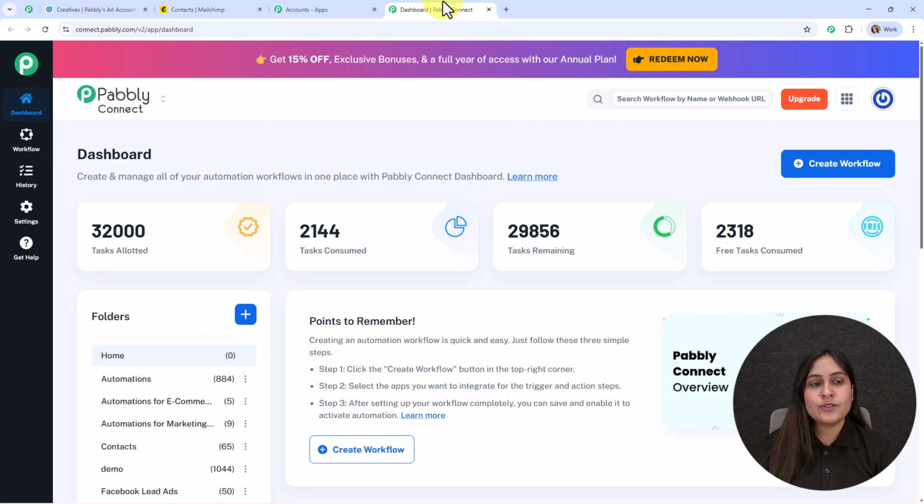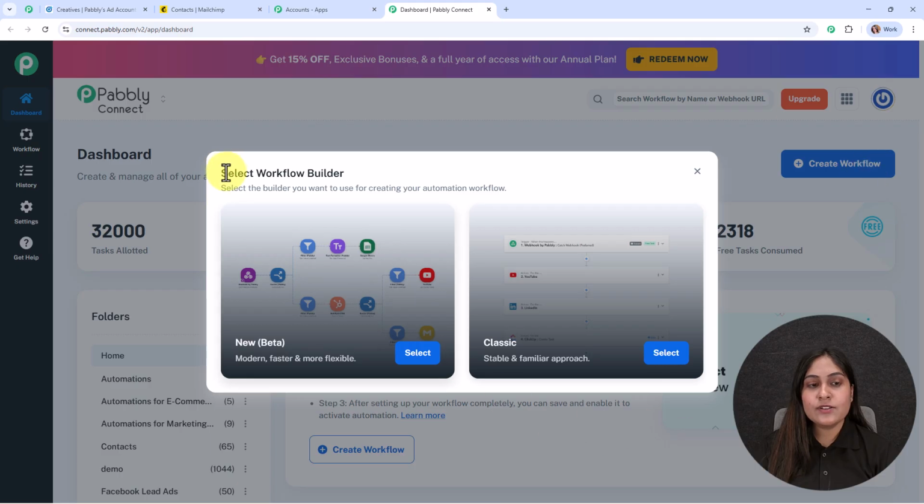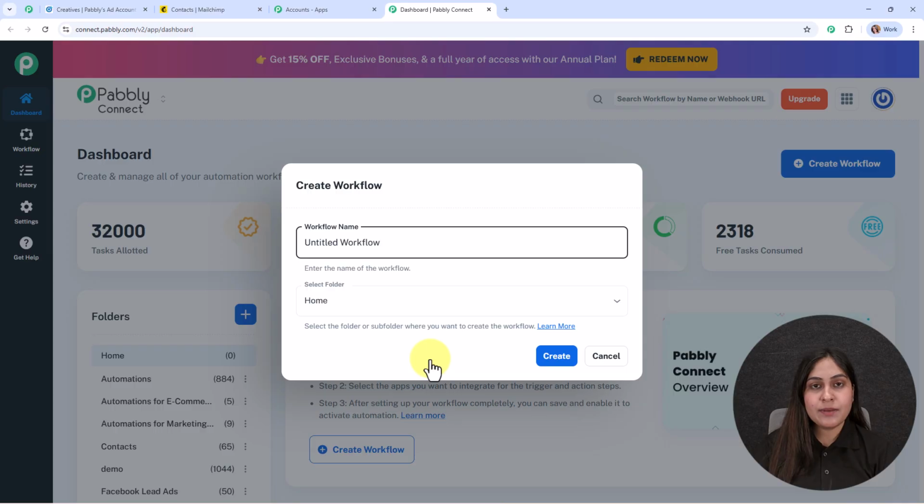Alright, let's move back to the dashboard and now here to build a new connection, I need to create a workflow first. So for that, we are going to click on this create workflow button. Then here it is asking us to select the workflow builder. So here you can see two options. One is new beta and the other one is classic. So beta version is modern, faster and more flexible, whereas classic one is the stable and familiar approach. So in this video, we are going to use this beta version by clicking on the select button